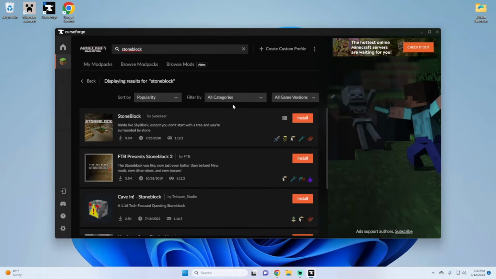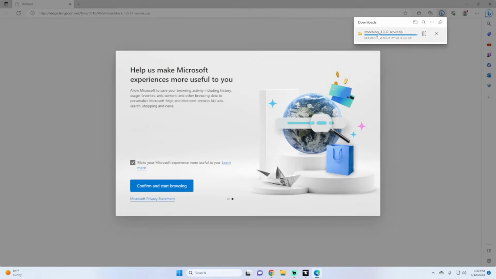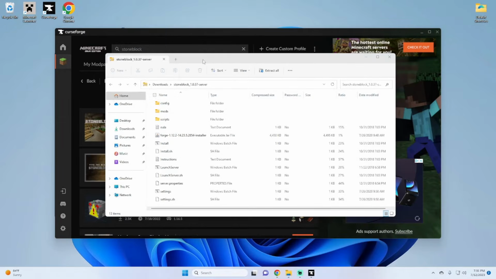I've already searched up Stoneblock, and as you can see, it has a download server pack here. You just want to click that and it'll open up a web page and download the Stoneblock folder. Once you have the Stoneblock folder, or whatever modpack you choose, go ahead and open it up and create a folder on your desktop. You can just name this folder server,